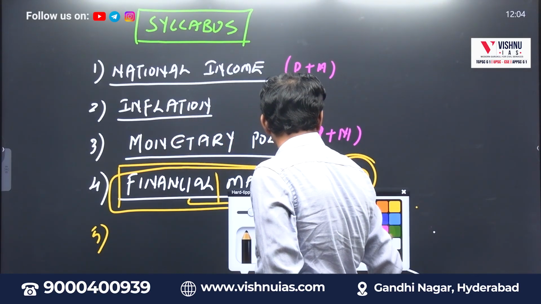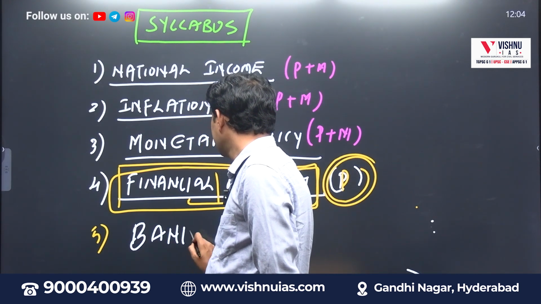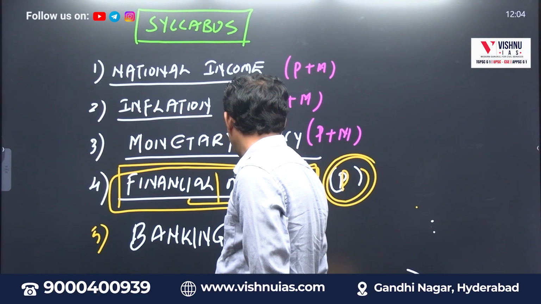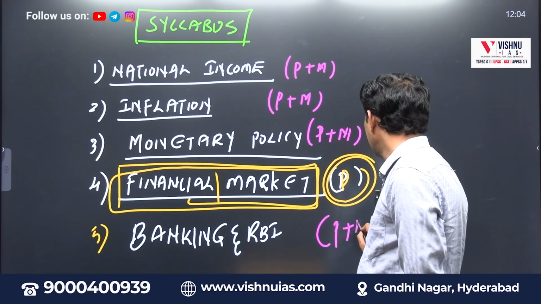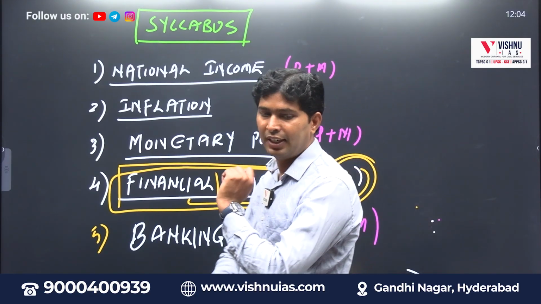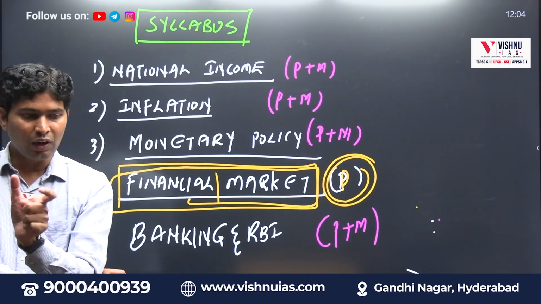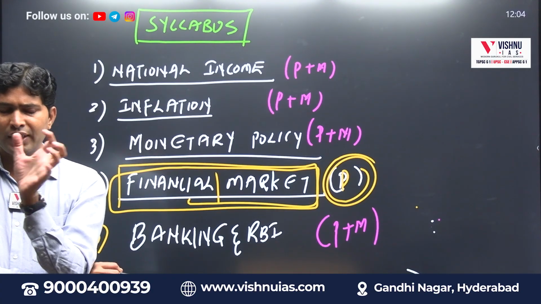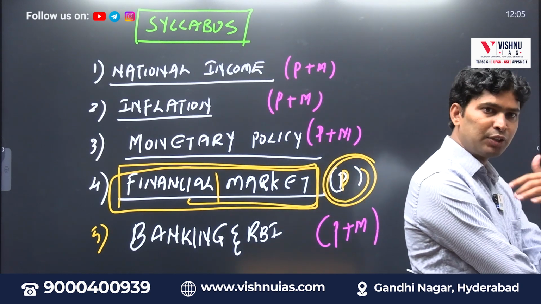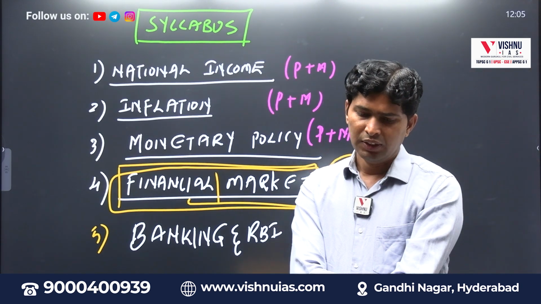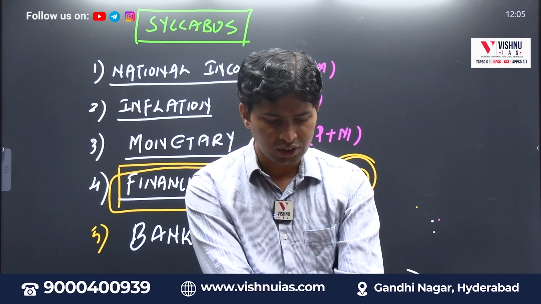Now one more very important topic for the exam, examiner's favorite: banking and RBI. When we say banking and RBI, again both are important for prelims as well as mains. What is a bank? What is an NBFC? What are the types of banks? Types of deposits? Types of loans and advances? Link of banking with the economy. Functions of RBI, overall aspects of RBI. And in mains questions, you will see haircut, write-off, assets, loans, advances and so on.